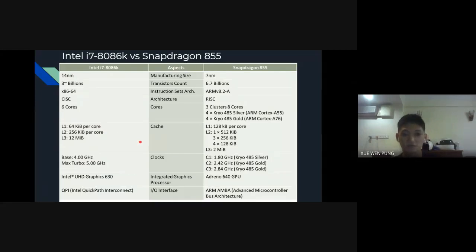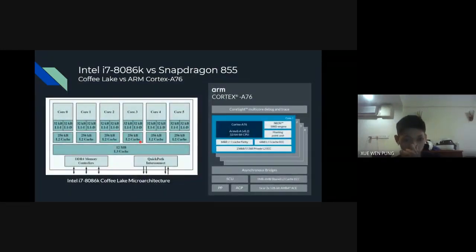The Intel i7 and Snapdragon also have their own graphics processors, which are Intel UHD Graphics 630 and Adreno 640 GPU. Moving on, we'll be comparing the Intel i7 8086K with the Snapdragon 855